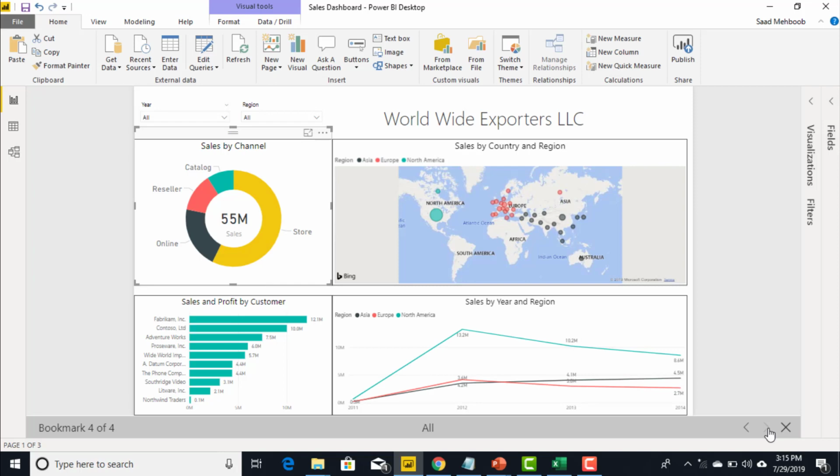So this was a quick walkthrough of what bookmarks are like, and hopefully you will